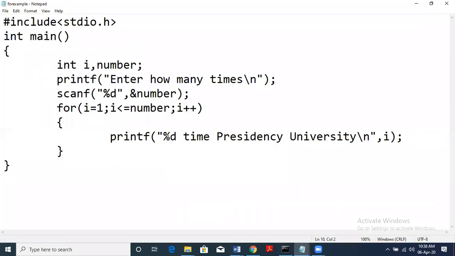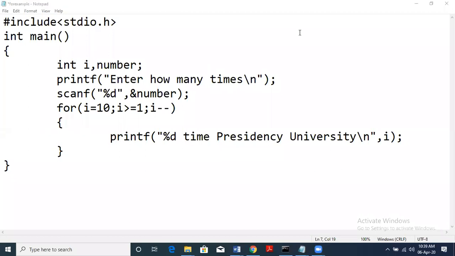Similarly, like we saw, we can have the increment of the variable here, 1, 2, 3, 4 up to 10. In case we want to decrement, say we want to start from 10, so i is 10. Now the condition should be given because we want it to stop at 1: 10, 9, 8, 7, 6, 5, 4, 3, 2, 1, all of these values are greater than or equal to 1. We have the decrement here, so we started i from 10 and decrement 10, 9, 8 one by one, up to 1.